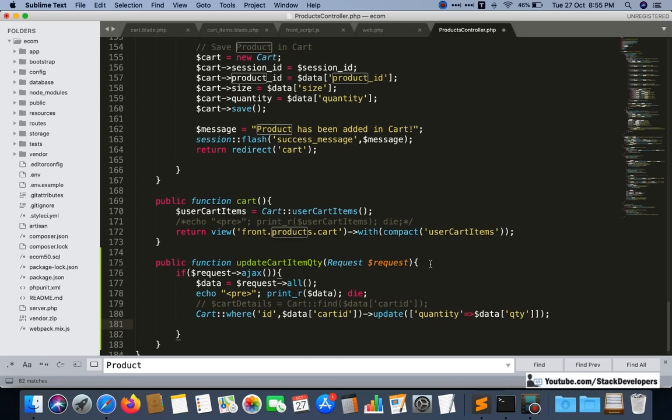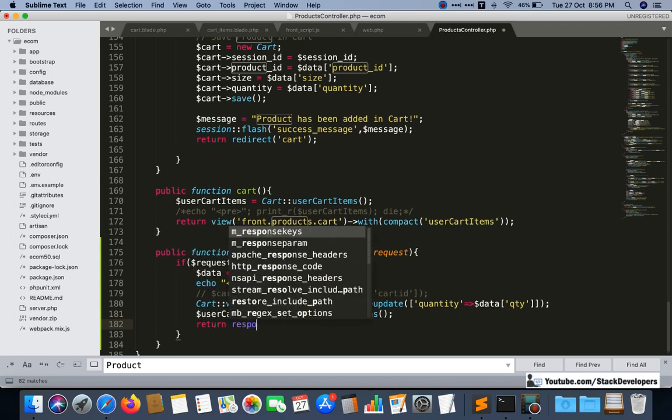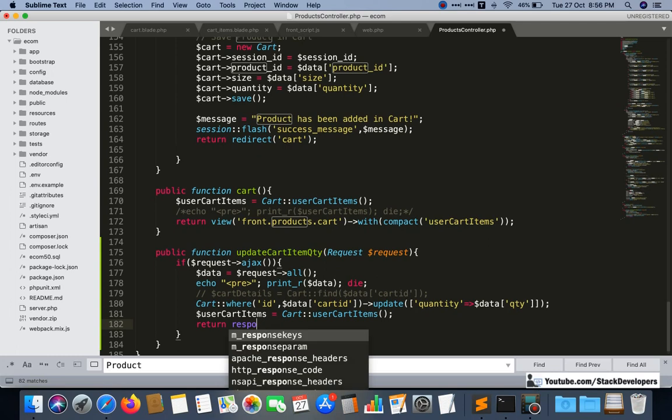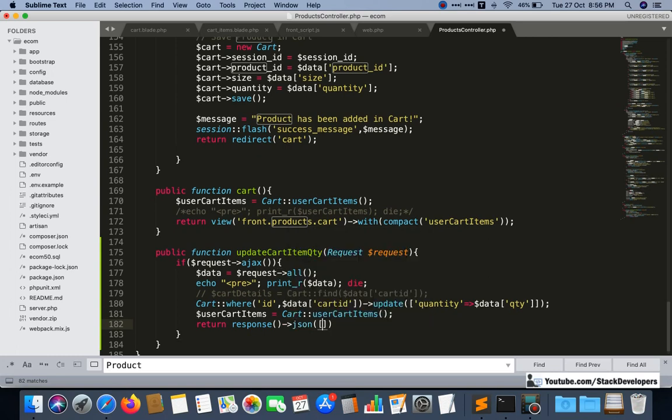Yeah, we require that, see here, same thing we require here as well, so that we can get all the products, all the card items once again. So this one also is required here, and after that we will just do return response. We will send in JSON to Ajax response JSON. So here we can just view.